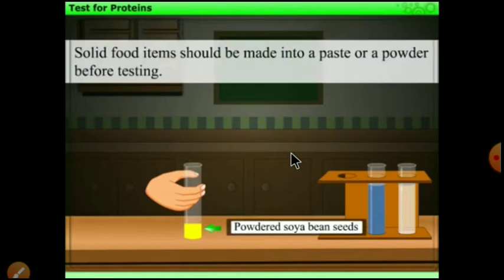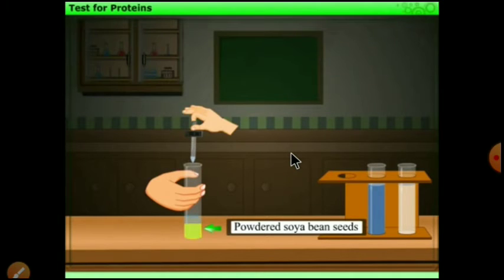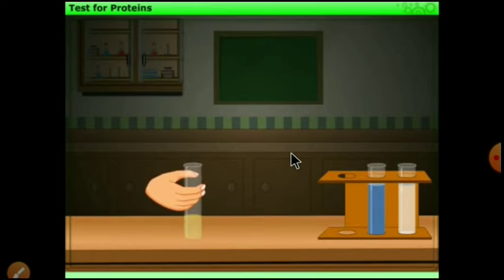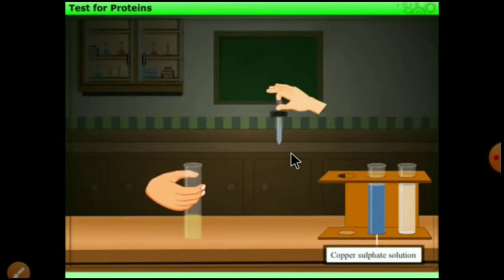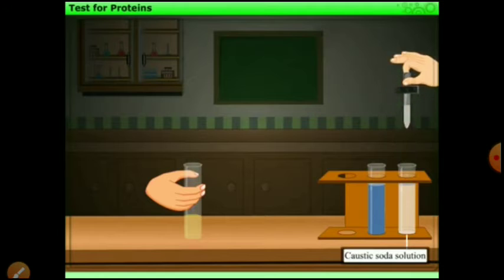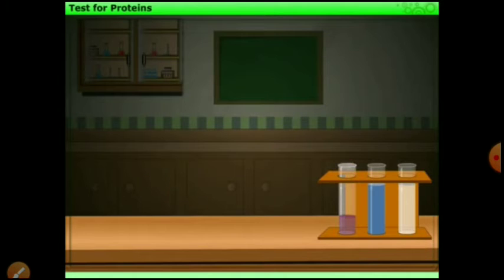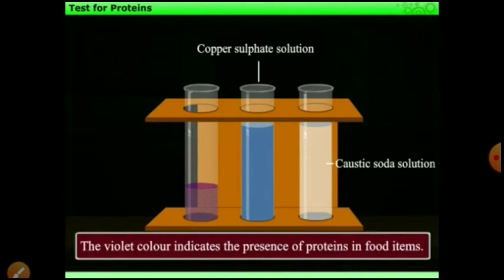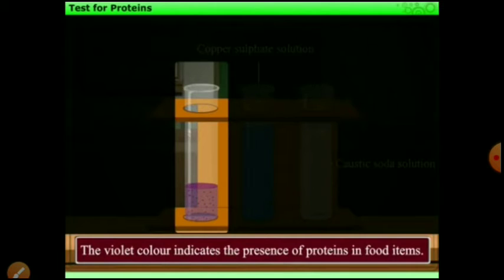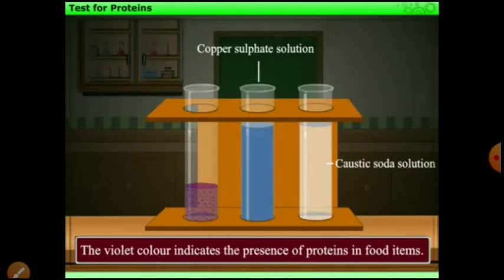Note that solid food items should be made into a paste or a powder before testing. Add 10 drops of water to it and shake the test tube. Now add 2 drops of copper sulfate solution and add 10 drops of caustic soda solution to it. Shake the test tube well and let it stand for a few minutes. You will observe that the content of the test tube turns violet. The violet color indicates the presence of proteins in food items. Similarly, you can check other food items also.